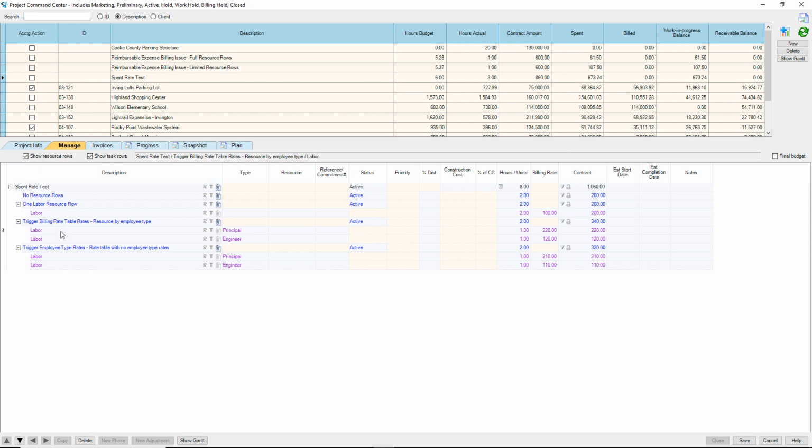So when you do resource rows the way Ajera wants you to, we have 1 resource row for principal for an hour and 1 resource row for engineer for an hour. Then Ajera goes and pulls the billing rates from the billing rate table and gives us correct numbers for the contract table. And then for the 4th phase,